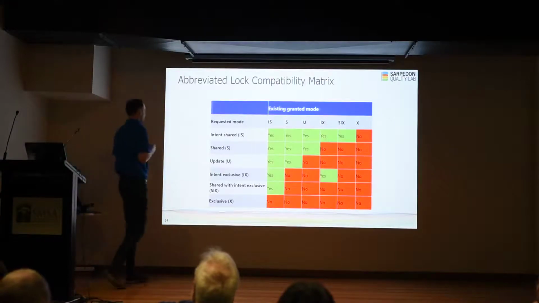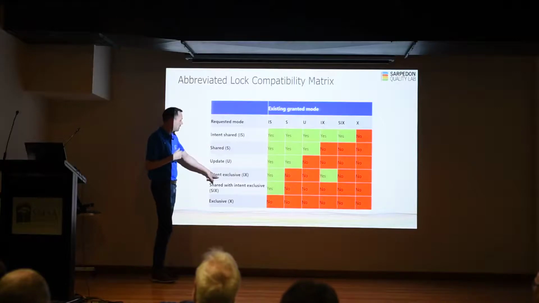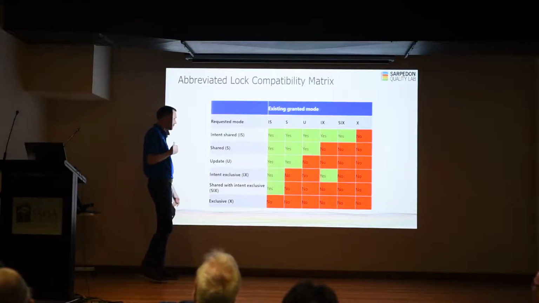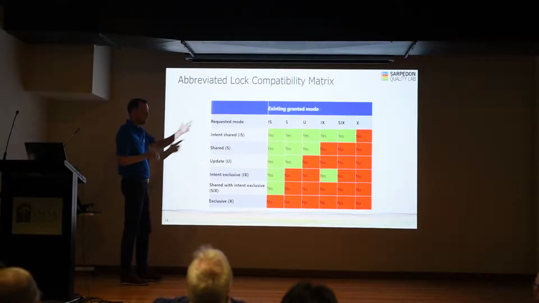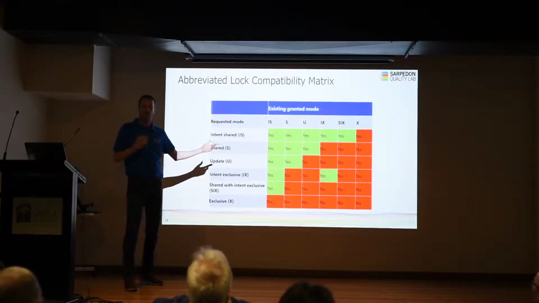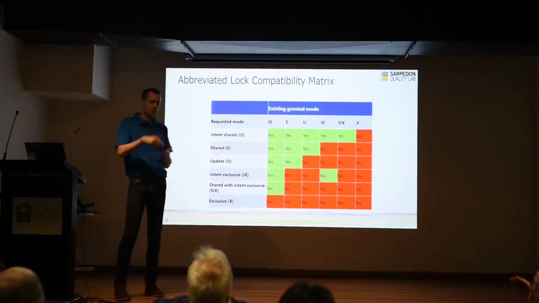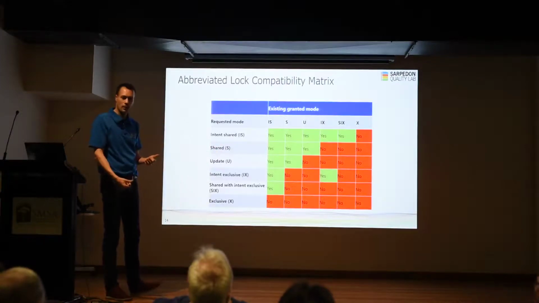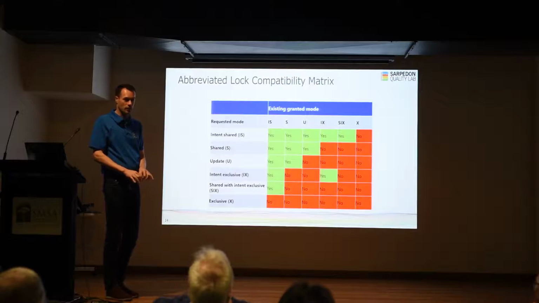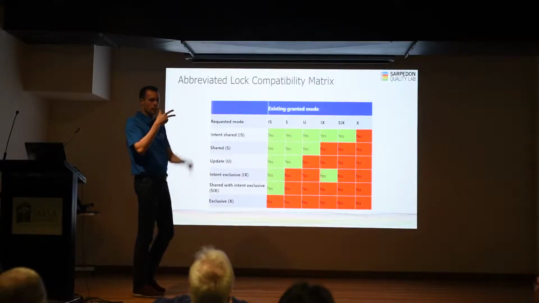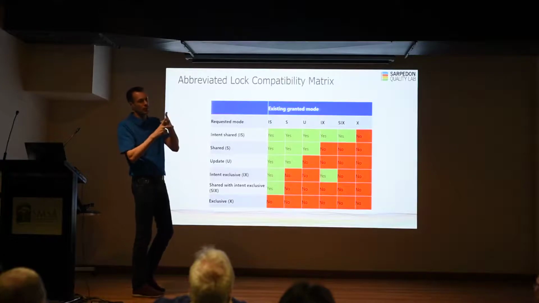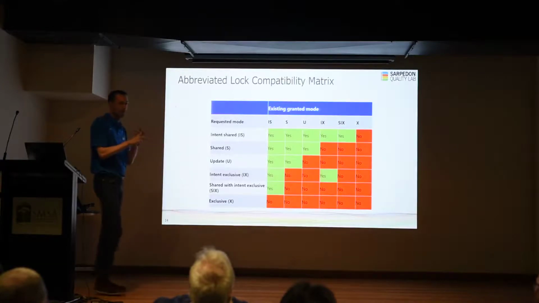So the naming is not really helpful, let's say, so it can confuse. The idea of the intent exclusive is basically to say on which scopes we saw it. Did we see the intent exclusive on the key, on the actual data row? No, right? It was on the higher levels, both of them. It was on the page and on the object, right? So